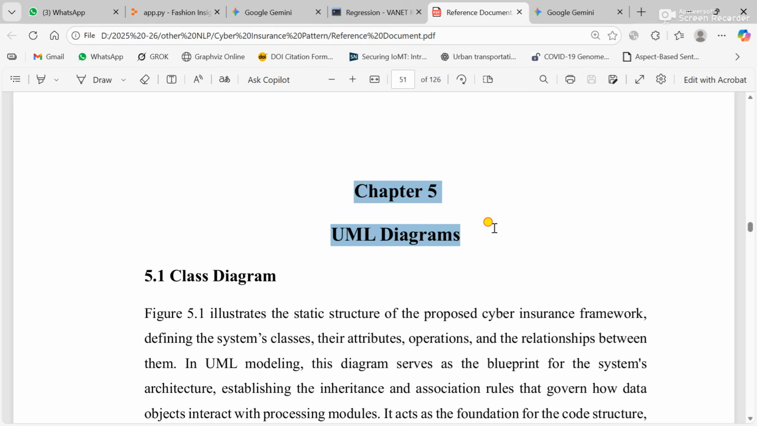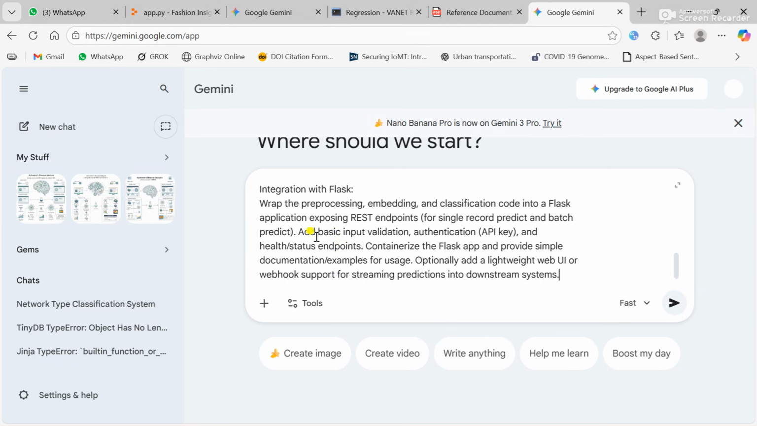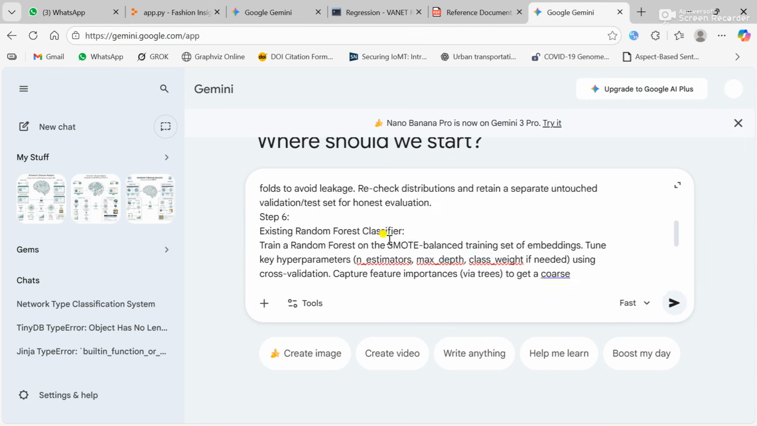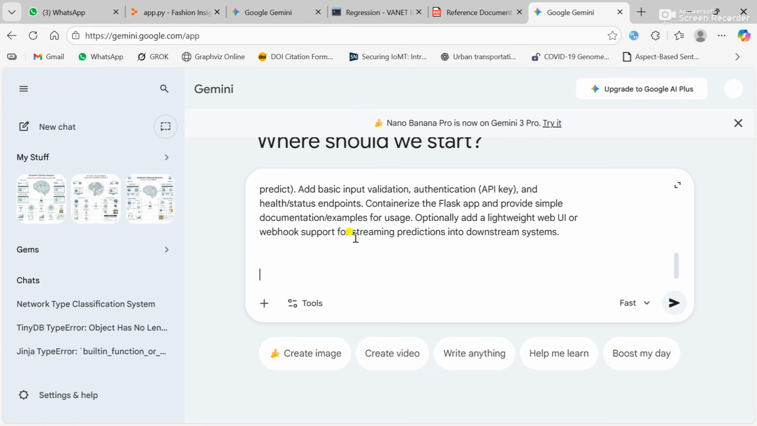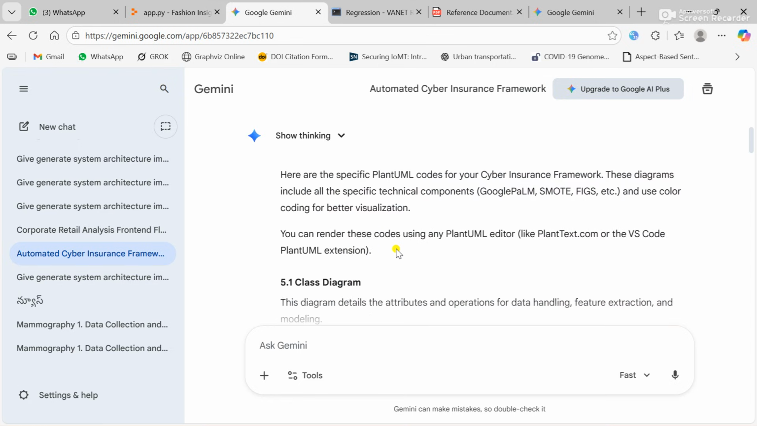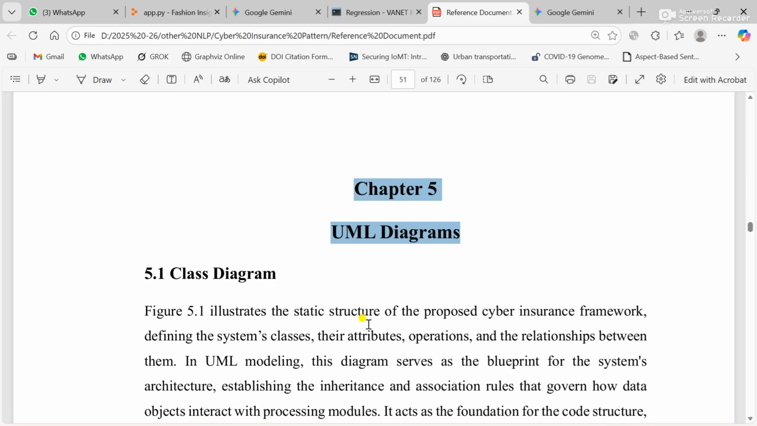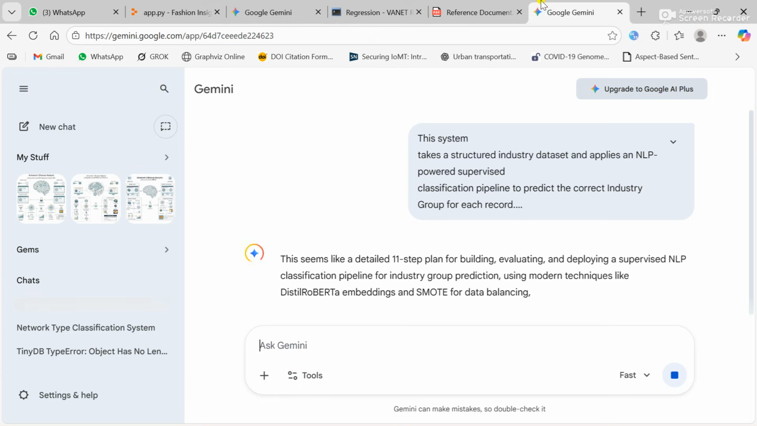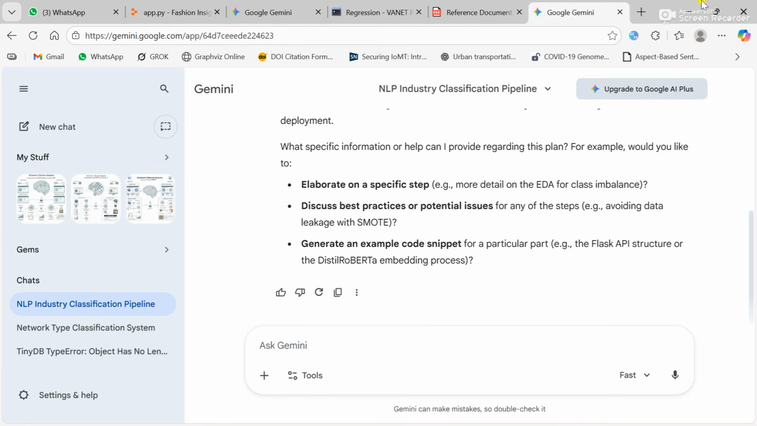Like this, your chapter 5 name is either UML diagrams or system design. Paste it. Whatever 4.1 we did, paste it. I simply just say remember it. See, I am showing my previous prompt which I used for another document. After saying it, it is going to give something. Then after,